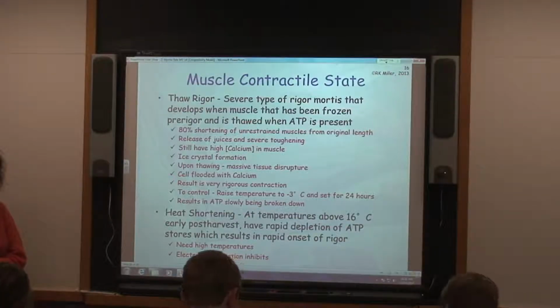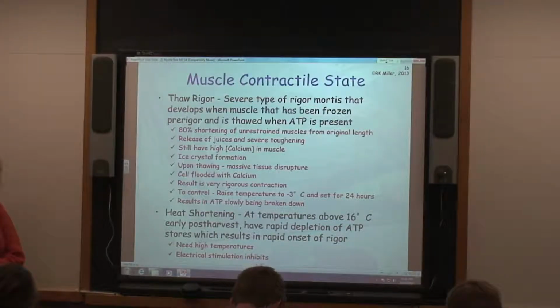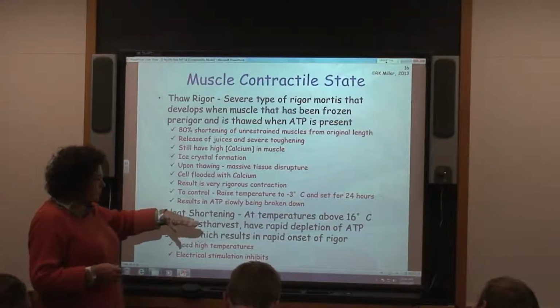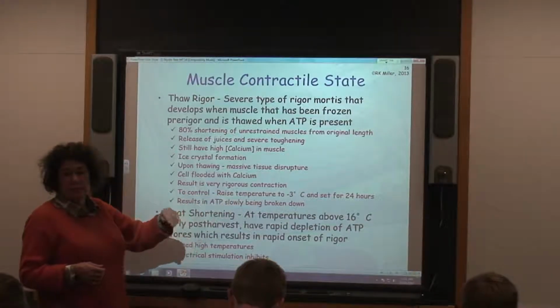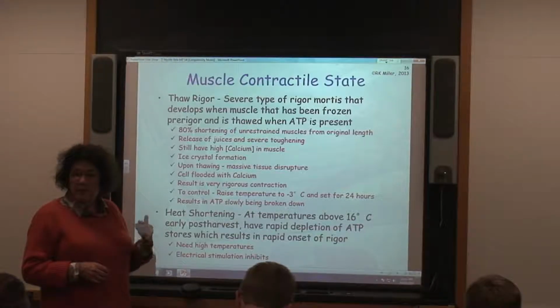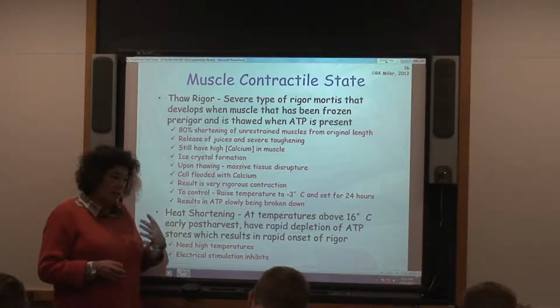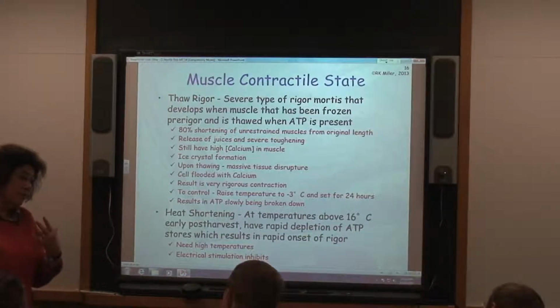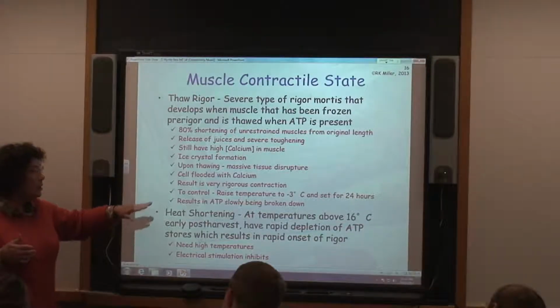We'll start talking about experimental design. Okay? So we're talking about contractile state. We talked about cold shortening. We talked about how it's the combination of temperature and ATP. So if we chill a carcass or a muscle too fast, early post-mortem, while that muscle is